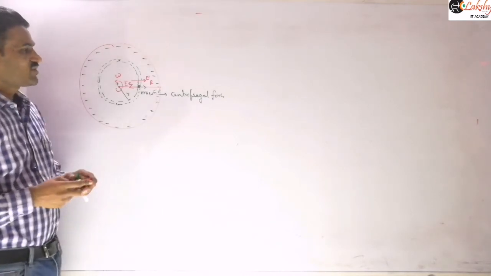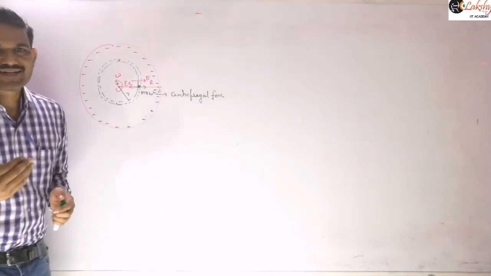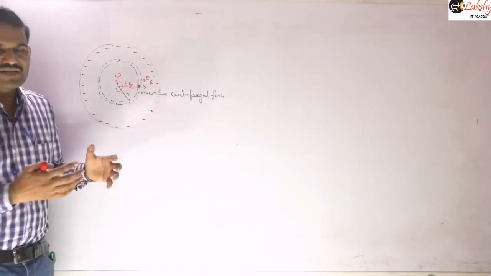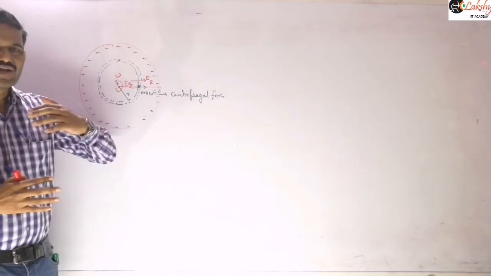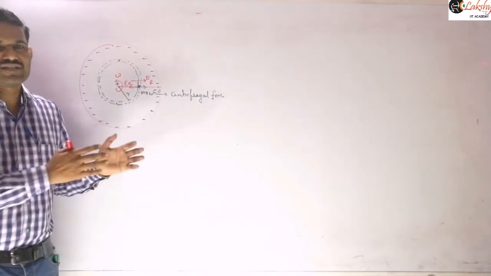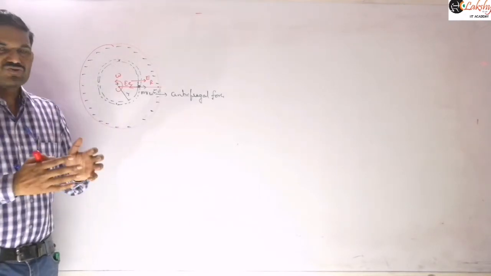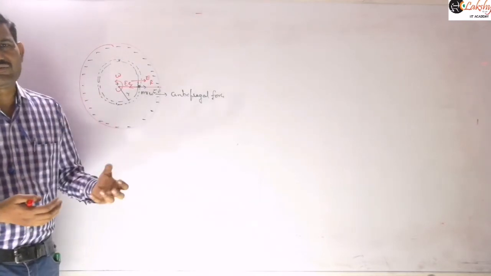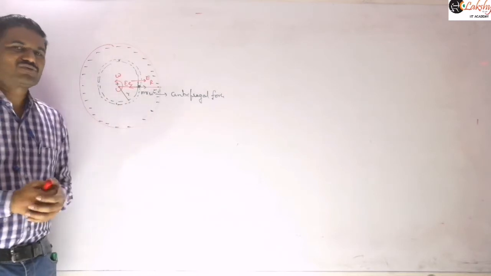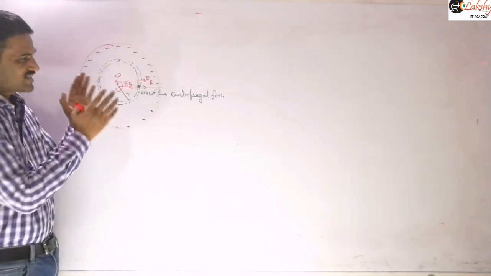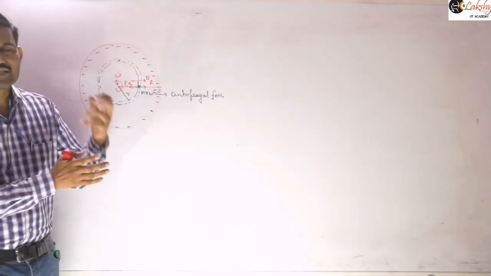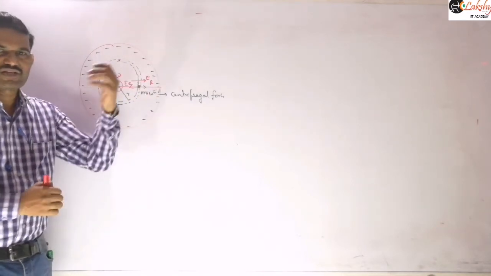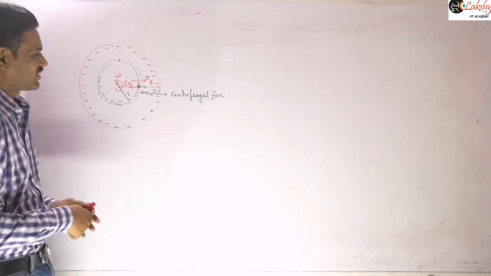So similar to our mechanism of motional EMF, in the case of motional EMF also a similar mechanism takes place. One force, the magnetic force, is displacing the electron to one side. Once the electrons are displaced, an electric field will be created, and that electric force will act on the electrons in the opposite direction. So the same phenomenon will take place here, just instead of the magnetic force, this pseudo force plays that role. That means the centrifugal force will play that role here, right?